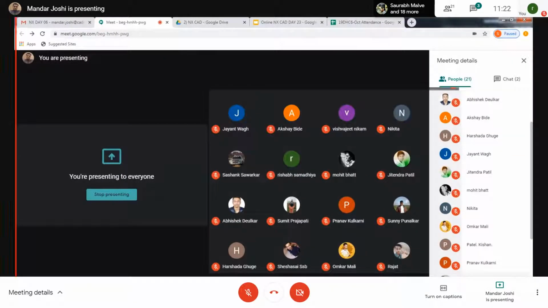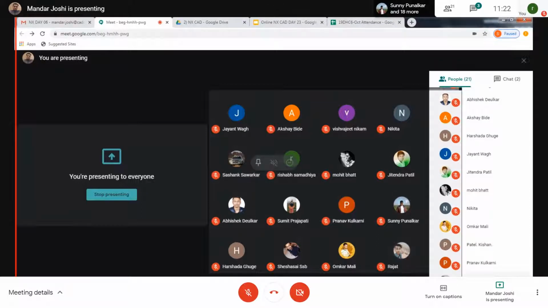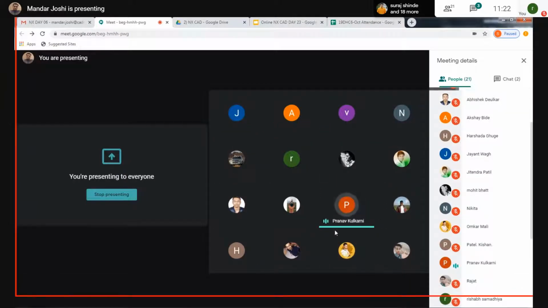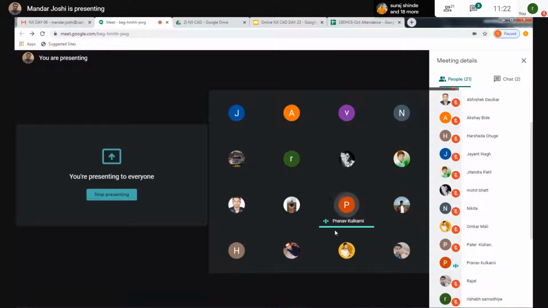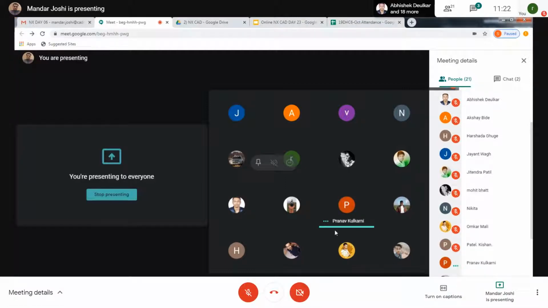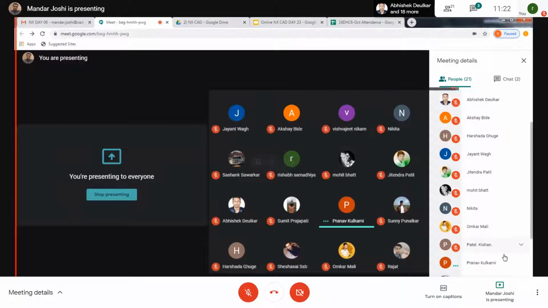Kishan Patel, Pranav, can you tell for a circle how many vertices? One. Pranav, what do you say? A circle is an entity made up of n number of points along its circumference, so it has infinite vertices.